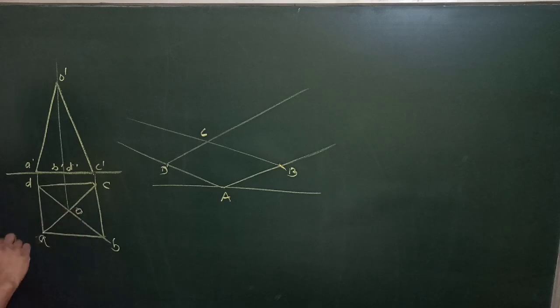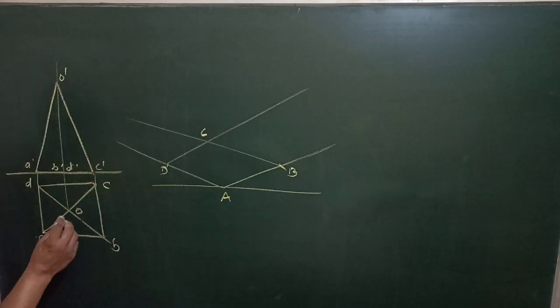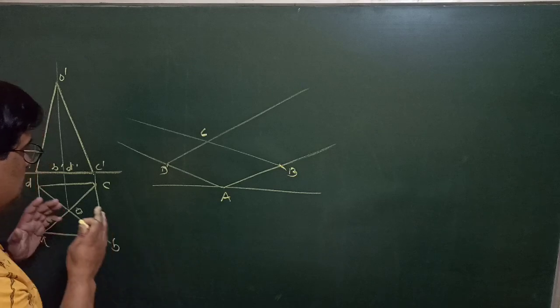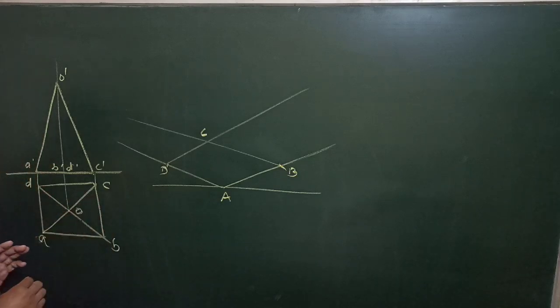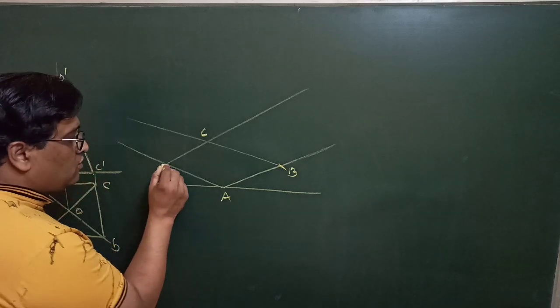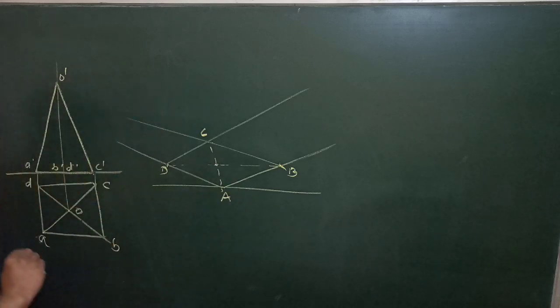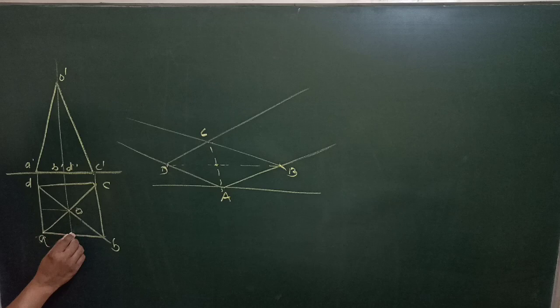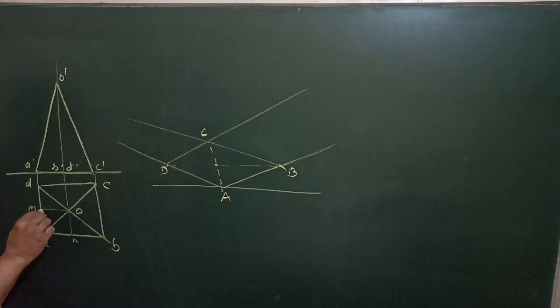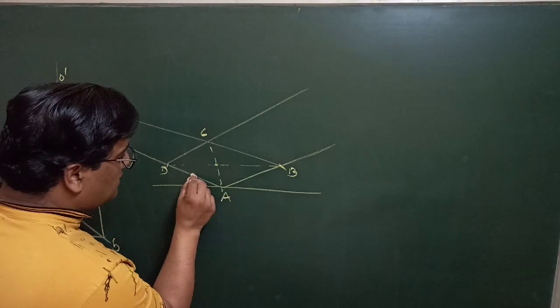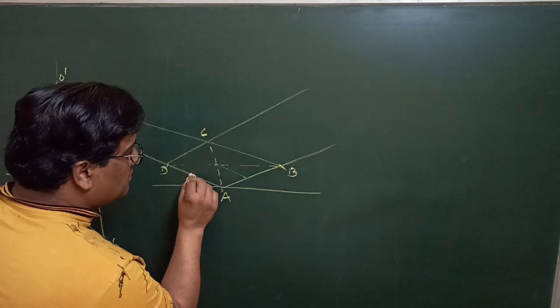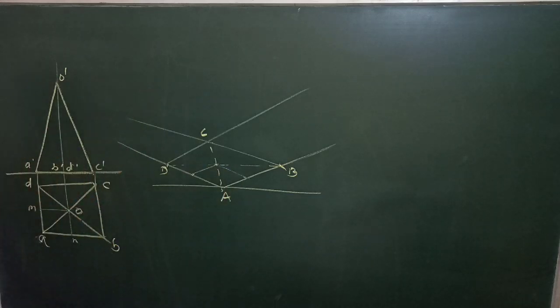Now you have to mark O. So what you have to do, first you locate the position of O in the base, because this is a pyramid and where the diagonals are intersecting, that must be the position of the O. So you can directly take from here two intersection lines, so this point O, or you can use this MN method which we have discussed in the second video, that is isometric projection of planes. From that method also you will get the same position. So this center position has been obtained.